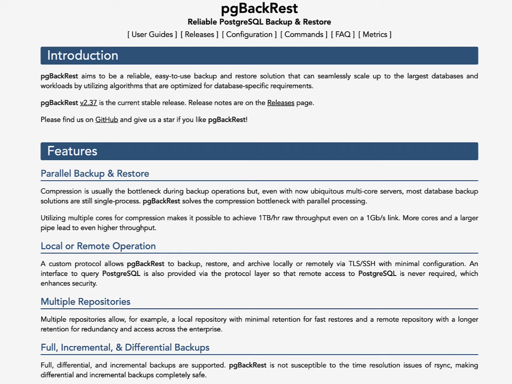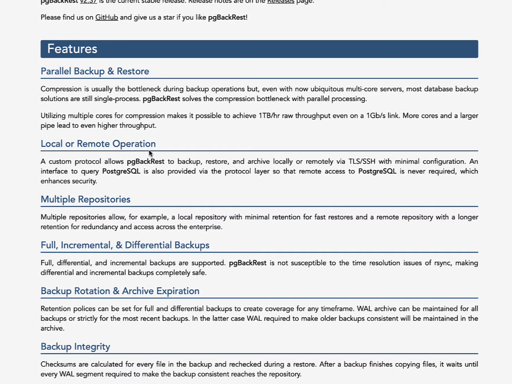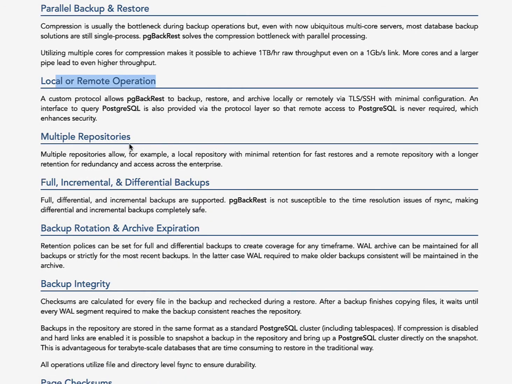by using this tool. I'm on the pgbackrest.org website, which has comprehensive documentation on how to set up pgBackRest and how to configure it for the various operations or features described here. Parallel backup and restore, local and remote operations, multiple repositories.